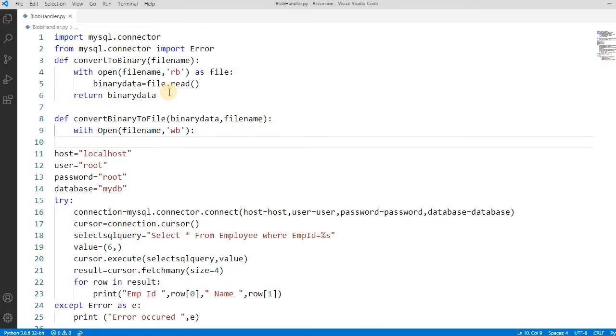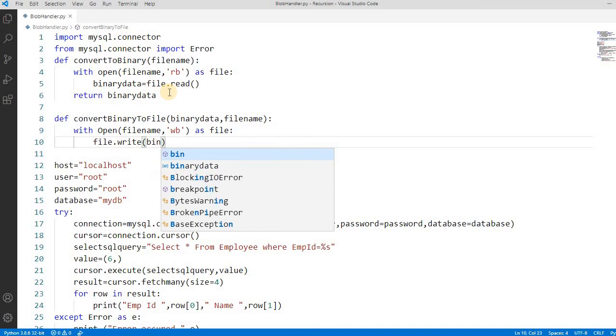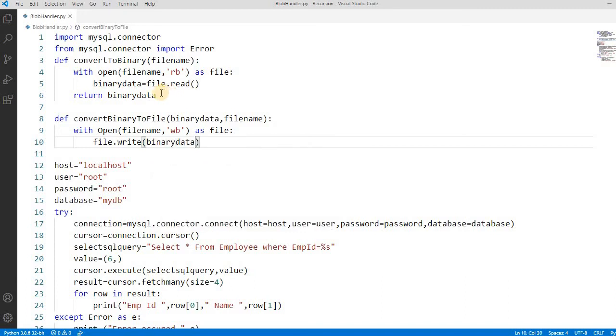And then we write file.write, then pass the binary data. Simple. So these are the two methods that we need. One is converting your plain file, like PNG or a doc file or anything, to binary. Second one is, while reading the data, we have binary data, then we have to convert this back into the file